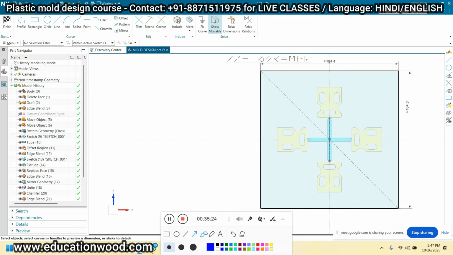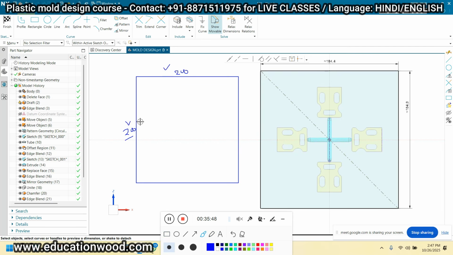For example, if you go to the market to purchase this raw material, you will get 185 by 185? We have to go for the standards. So your dimension should be 200 mm, you will get it easily. Otherwise, you have to purchase 200 by 200.